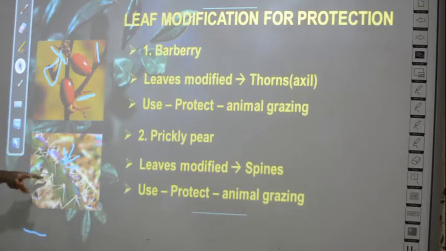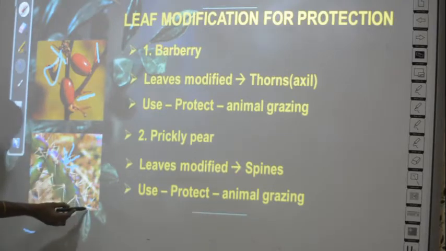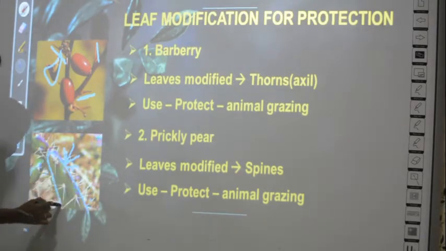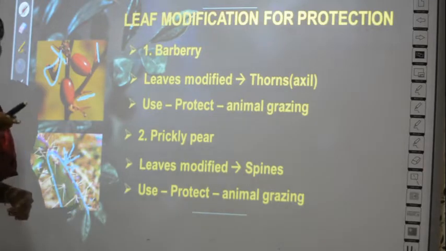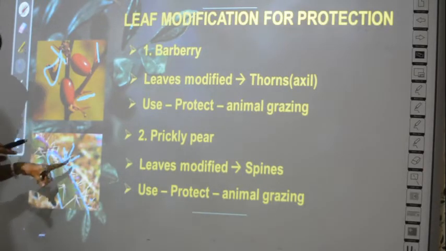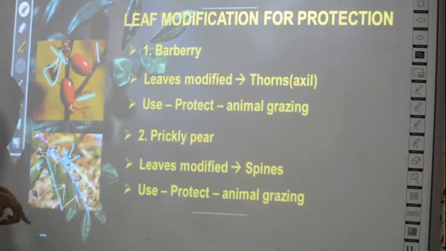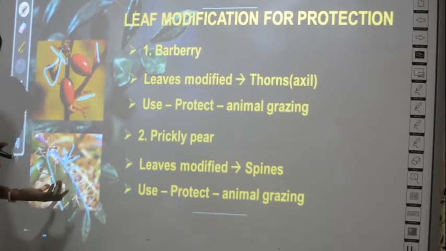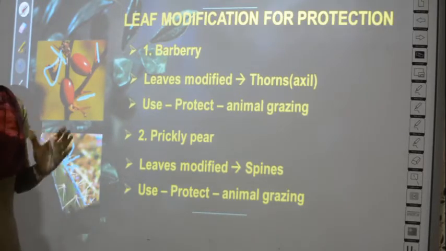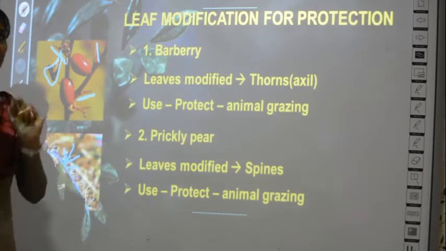No, this is not leaf. This is stem actually. This is not leaf. Since it is green in structure, do not assume. Even in cactus plants, it is the stem and these are the leaves. The spine or thorns are the leaves. Okay, so this is the stem. So where is the leaf in cactus plant? It is modified into a spine. So actually the spine is the leaf.